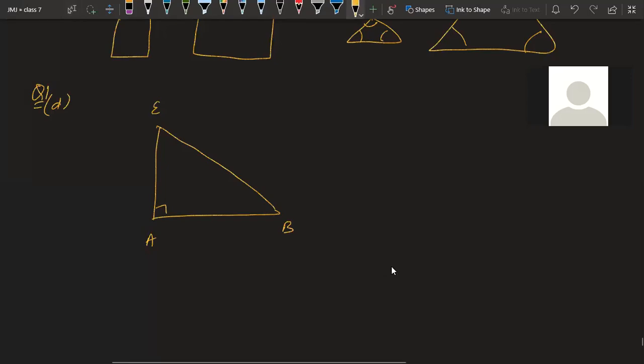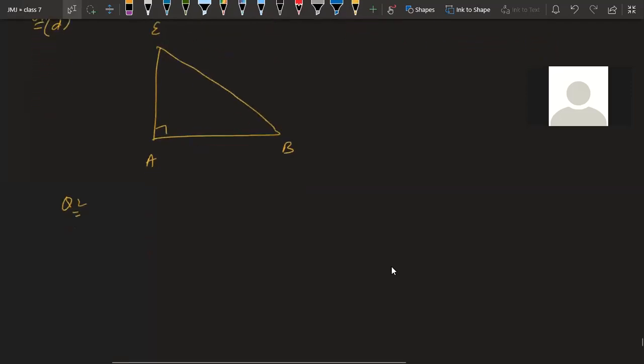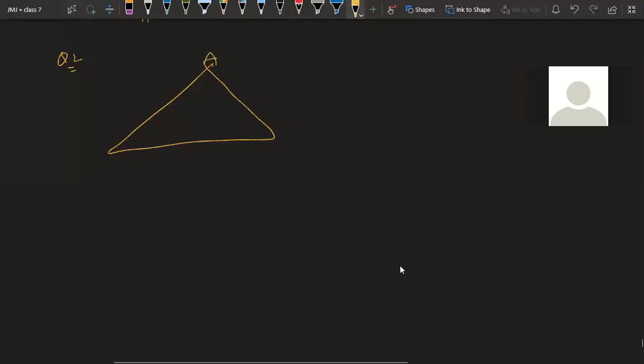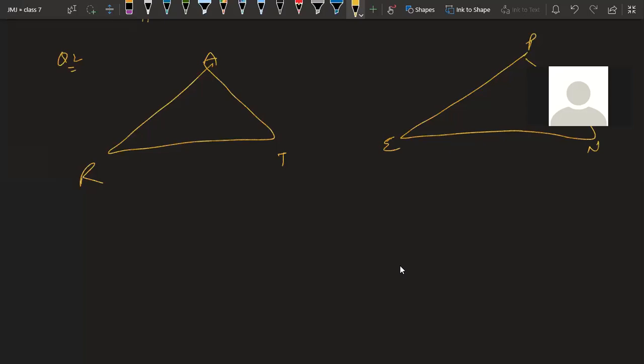Question number 2, last part. It is saying, it is given that, okay, you want to show ART is congruent to PEN. There are two triangles, ART and PEN, and they are giving you some cases. But I remain out, we will discuss tomorrow. Now what they are saying in C part is, if it is given that AT equal to PN, and you are to use ASA criteria.